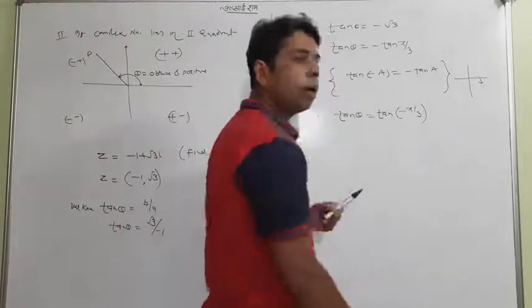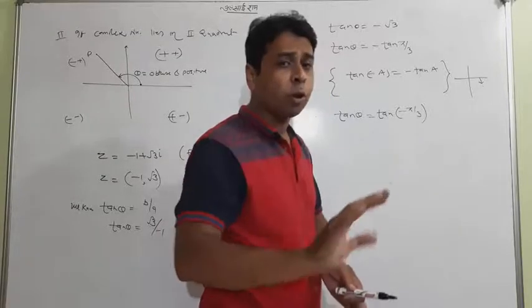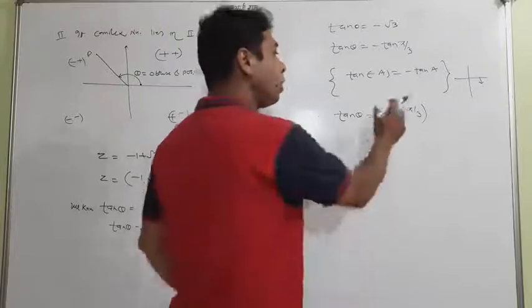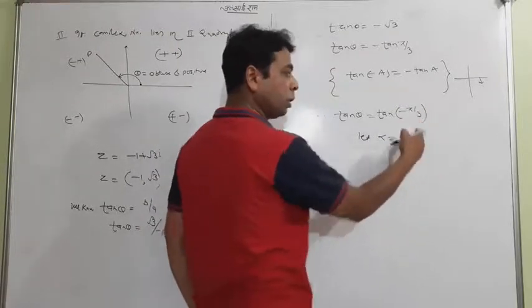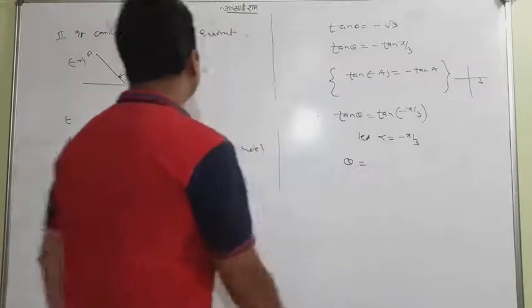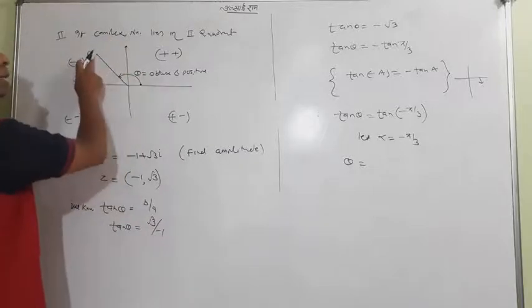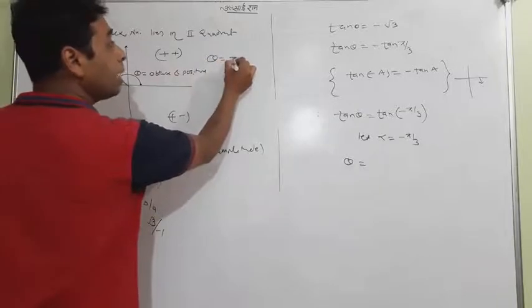That is what we need to know. I am just telling you by trick. We have another method also, but I am not telling you that method. I am telling you the trick. The trick is, you assume it is alpha, not theta. You assume it is alpha, and theta has a formula. Keep this in mind: whenever the point lies in the second quadrant, theta is always equal to pi plus alpha.